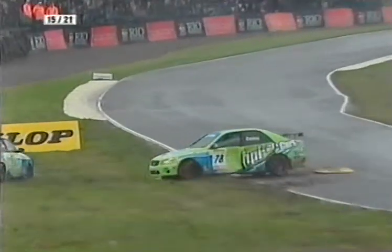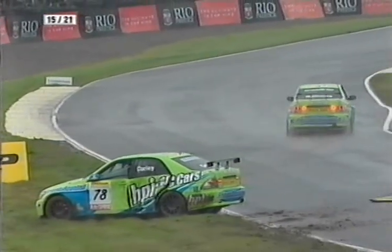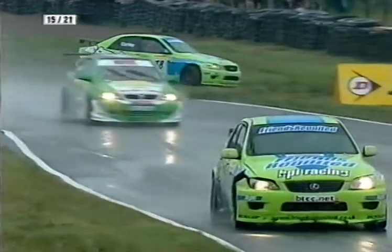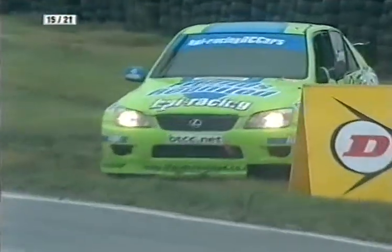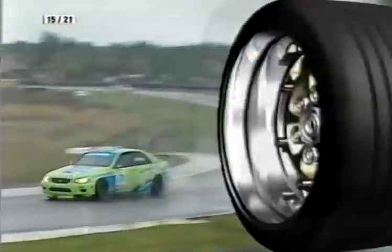Oh, and we've got both the Lexuses off. Oh no, it looks like they had contact, doesn't it? A lot of damage on the left hand side of Curly's car. That's a disaster, and there's damage on the front of... Well, that's the last thing this team needs. They're really enthusiastic, hard working, not a huge amount of money, so they're...